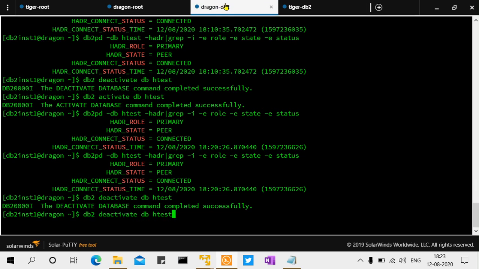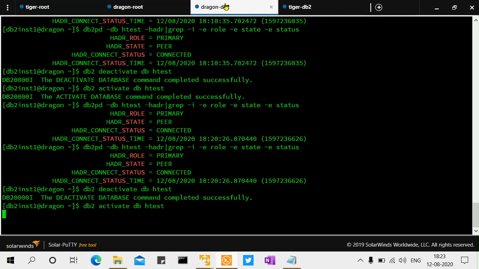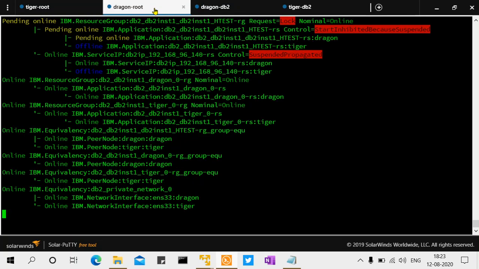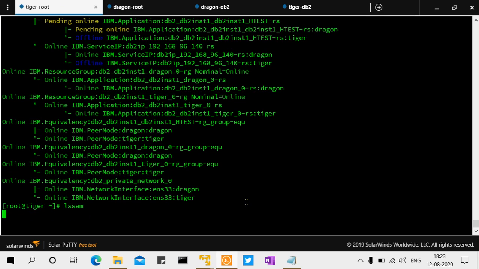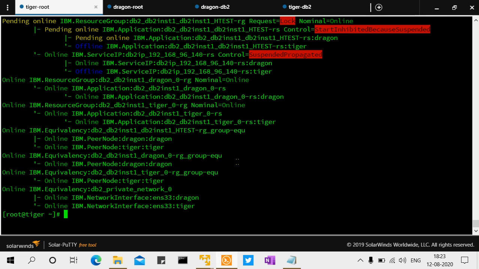Okay, deactivation is done. Then I'm going to activate it again. At least this time it should become online. Okay, activation is done. There is a lock placed.